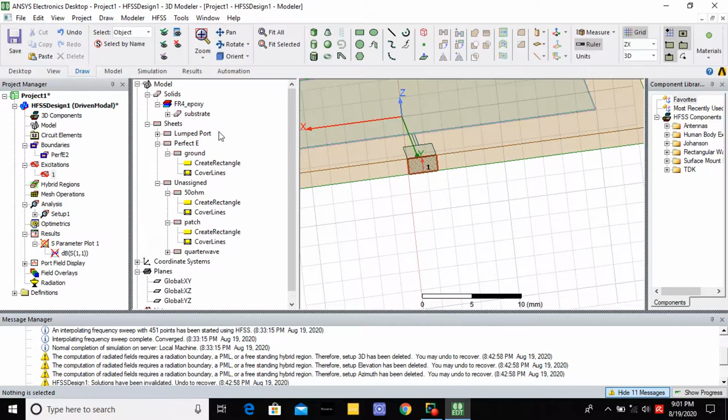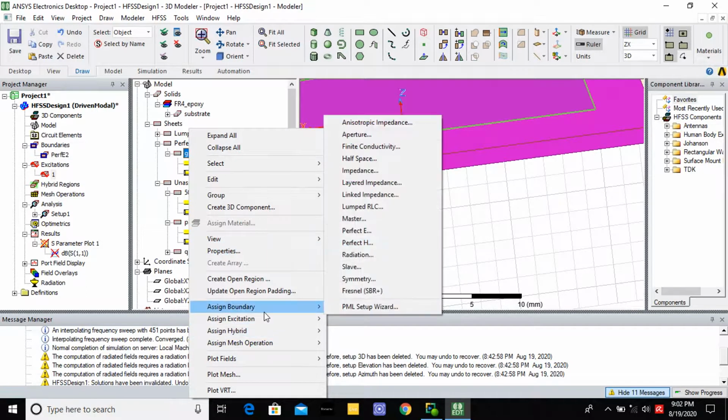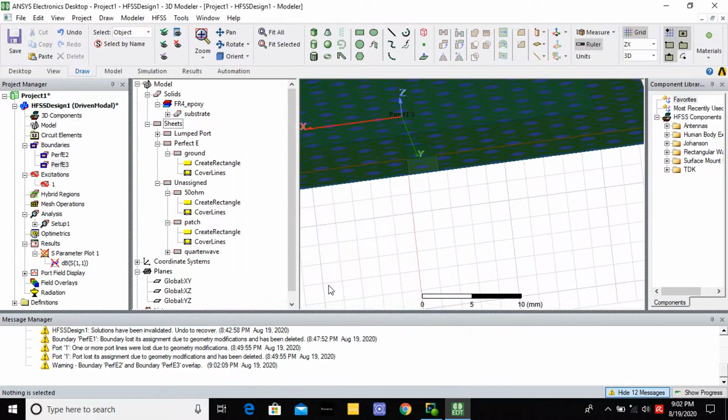So go to ground, assign boundary, you give perfect electrical conductor. Okay, here E3 is there, na? You give here E3.